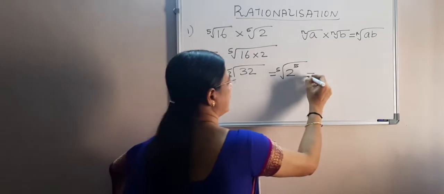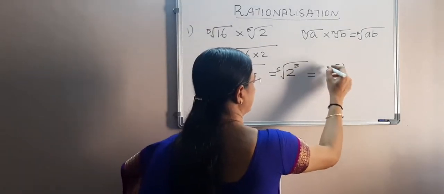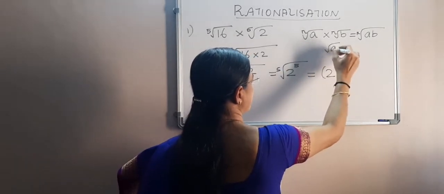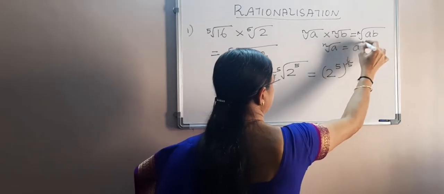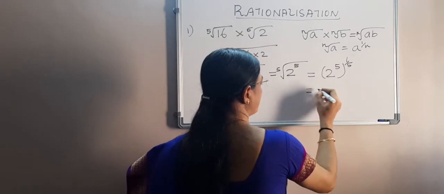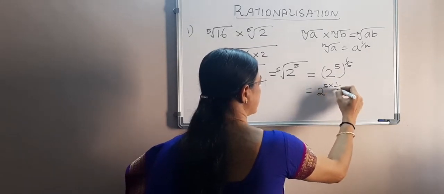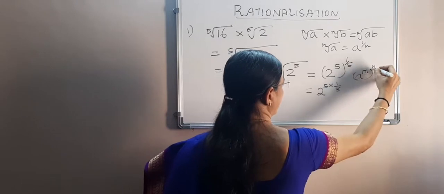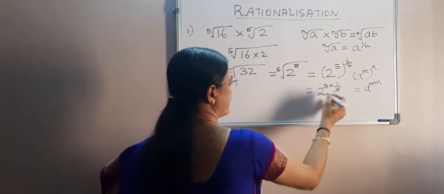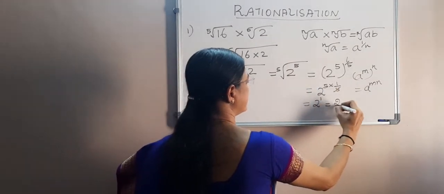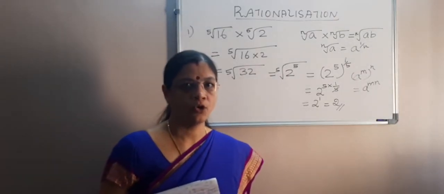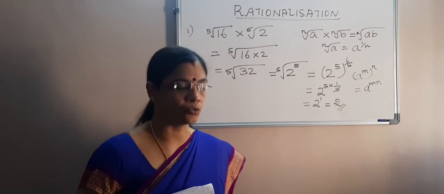So 2 power 5, and we see 2 to the power 5 here, and this root 5 can be written as 1 by 5, isn't it? Because a to the power root n becomes a to the power 1 by n. So 5, and now according to the power of power rule, this gets multiplied. A to the power m to the whole power n becomes a power mn. So that is why 5 gets cancelled and the answer is 2 for us. Now do you understand how we simplify using laws of exponents and the roots also?